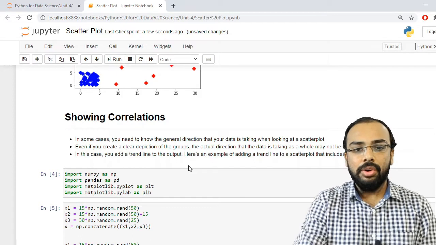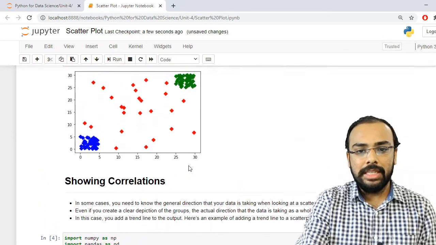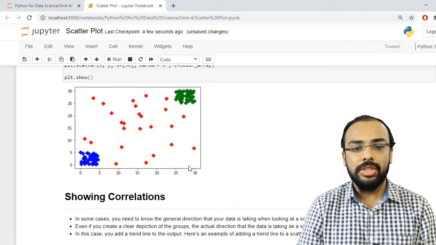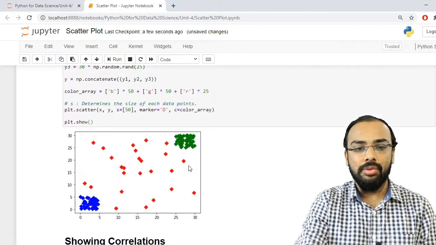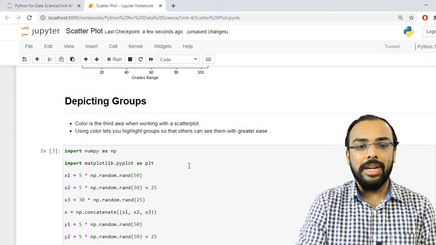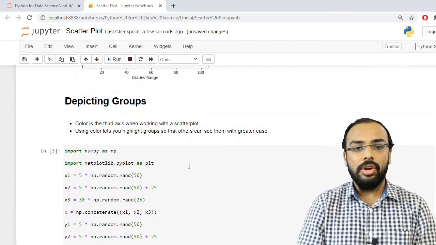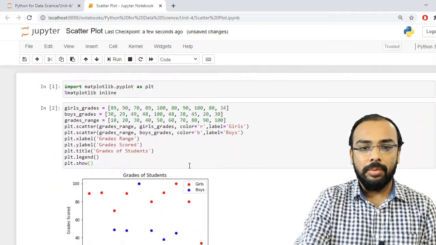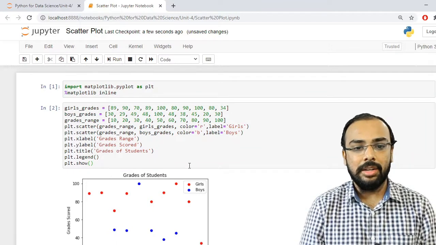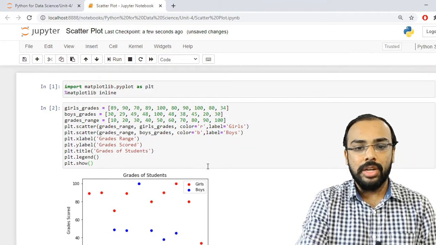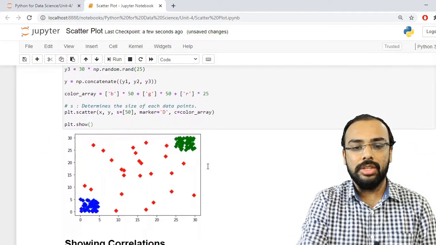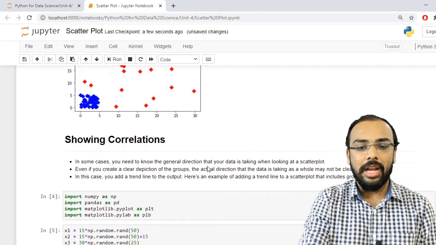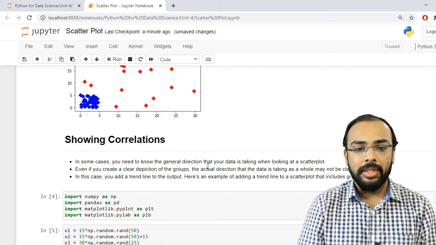And whenever you want to make your visualization easier and to distinguish it from other points, we have to use the concept of depicting groups. So what we have seen in this programming is how we can create a scatter plot, how we can show depicting groups, and how we can establish correlation and display the output trend line. Thank you.